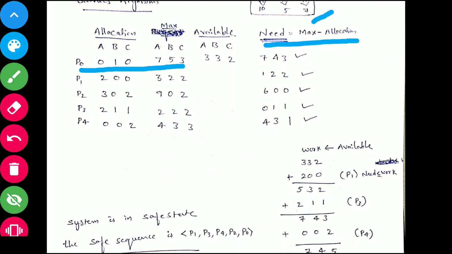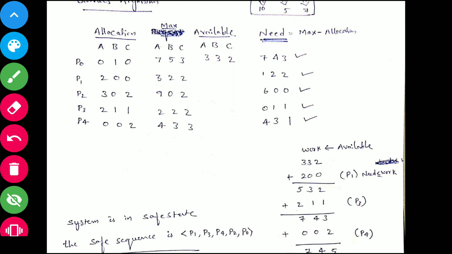B type 5 is needed, 1 we allocated, so 4 is the need, right? So maximum demand minus whatever allocation is done gives the need matrix. Just subtract allocation from maximum individually.